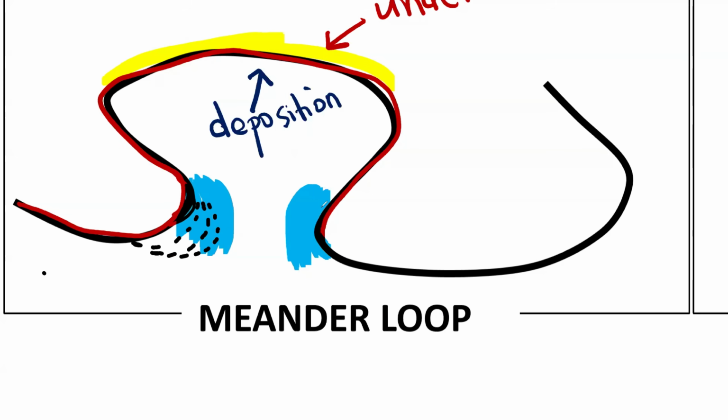Same applies for this other undercut slope. It keeps on moving, okay, because erosion is happening at the outer bank. So basically, it keeps on eroding through the soil and it keeps on moving. So do you see, guys, that as these two undercut slopes, or these two outer banks, keep on eroding and shifting their position, what will actually happen? They will get closer to one another.